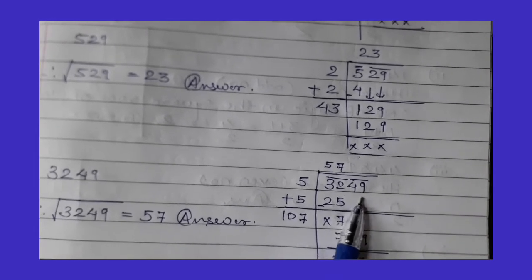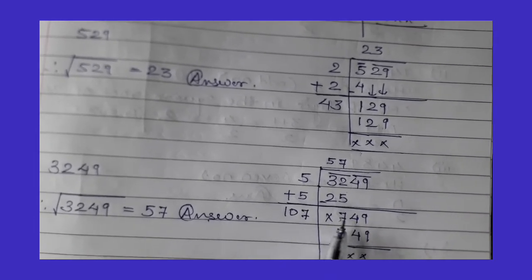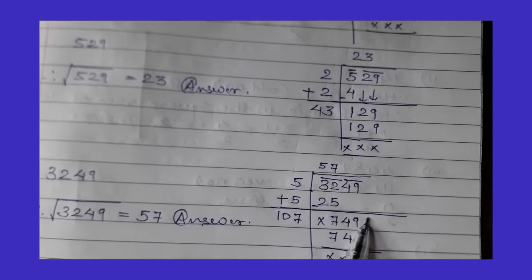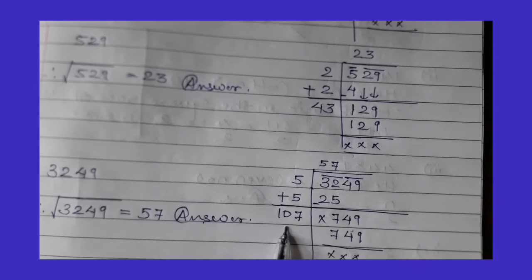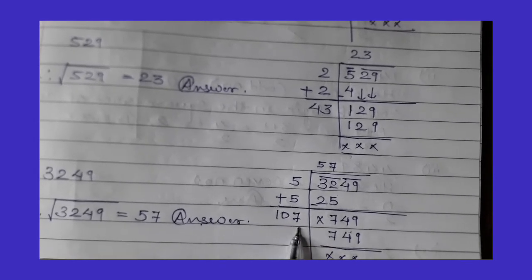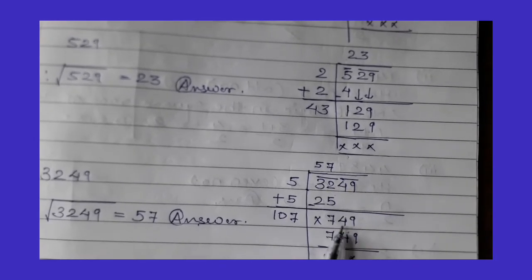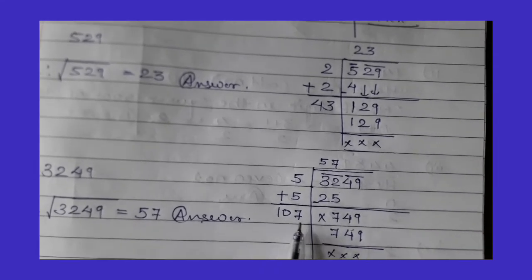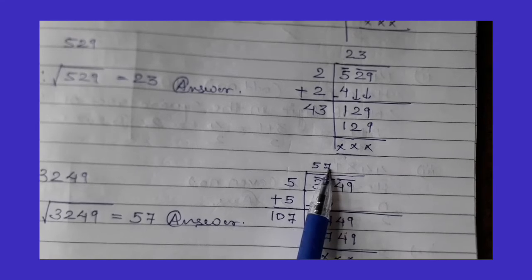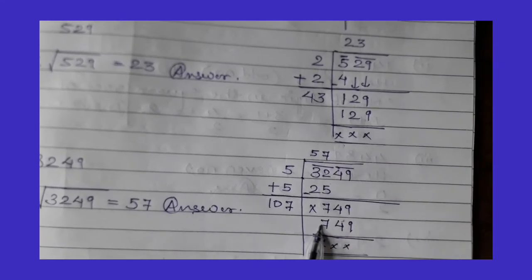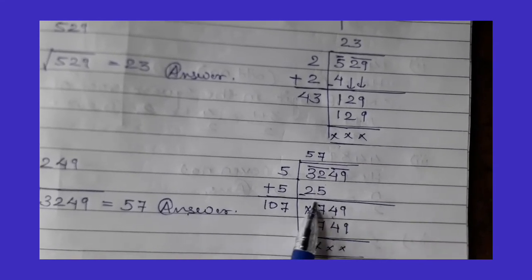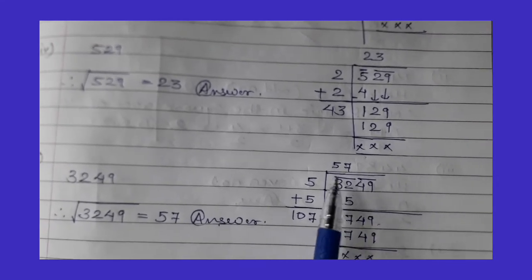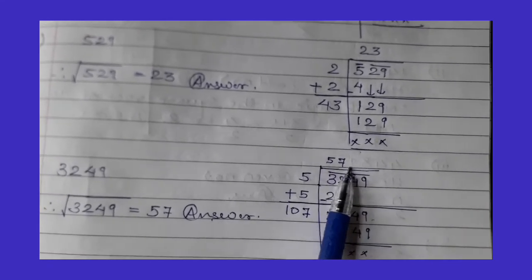Now this next pair we have noted down. Now since you can see here last digit is 9, so you can do 3 and 3. Then 103 times 3 is very less compared to this. Then we tried 7, so 107, then by 7, we got here 749. After subtraction remainder is 0. And quotient is 57.